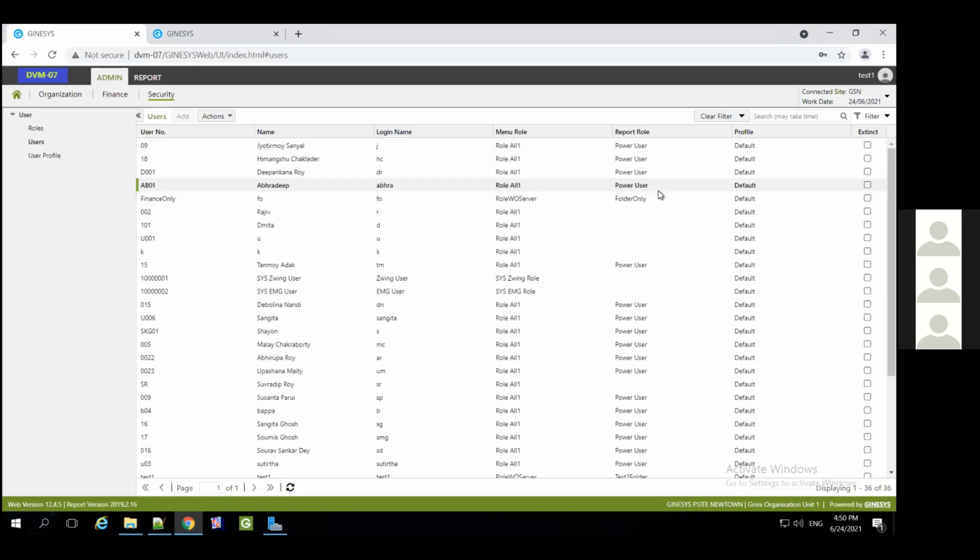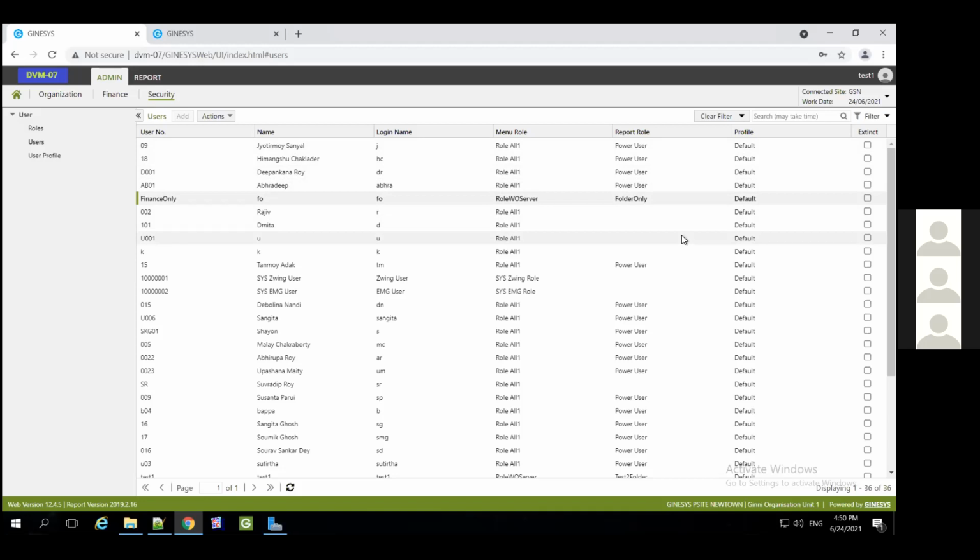So none of these users will be able to change that particular report or create any new report. If you have another finance admin kind of role, who is able to create finance reports and design new reports, the 5th user or any other user can have the report role of finance admin.